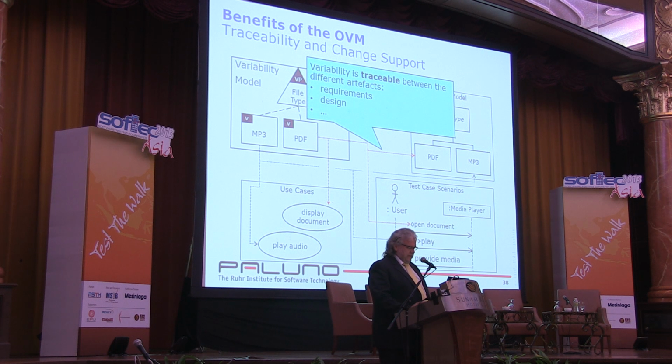And the MP3 with the blue lines is related to other concepts. And what you can do now is, if something changes, so if somebody modifies a use case, you can identify where this modification has an impact in the variability model, and thereby you can identify which other artifacts have to be changed, or maybe not to be changed, but at least you can select the artifacts which, in principle, could be influenced by such a modification. So you get the thing traceable and also much more manageable.